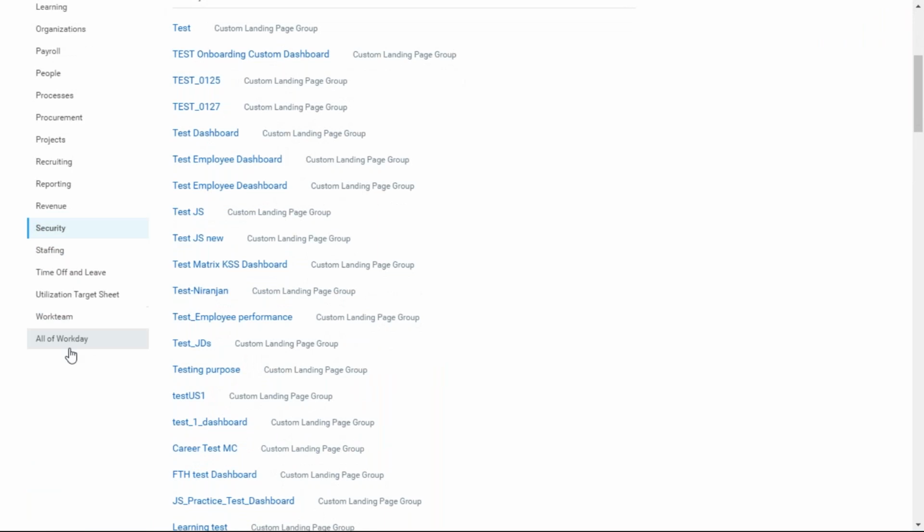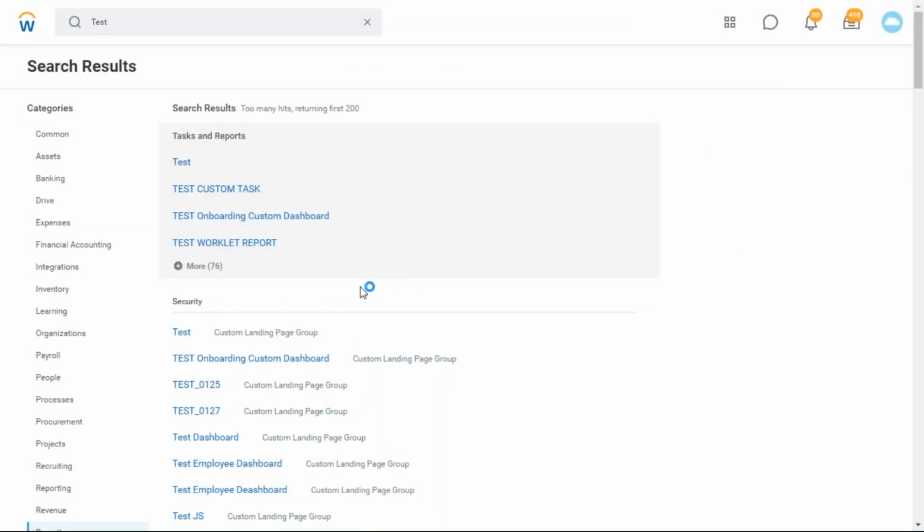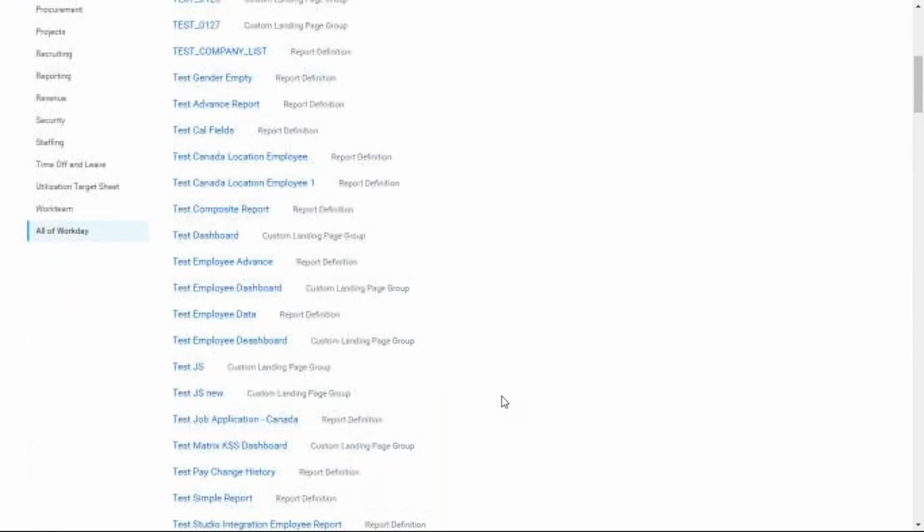This is only for finding. If you're not sure about the category, click on All of Workday. It will give all the objects whatever you have access to. Since this is GMS, you can see all the categories, but in real time you cannot see all the categories, based on the access. If you're an integration administrator only, you can see this one. If you're a report administrator only, you can see the reports. If you have HR access, then you can see the people. You can see all of them.